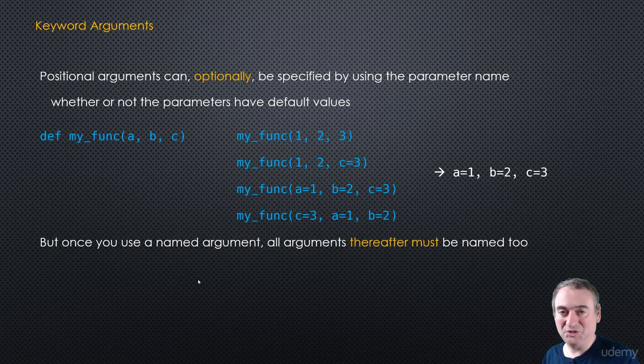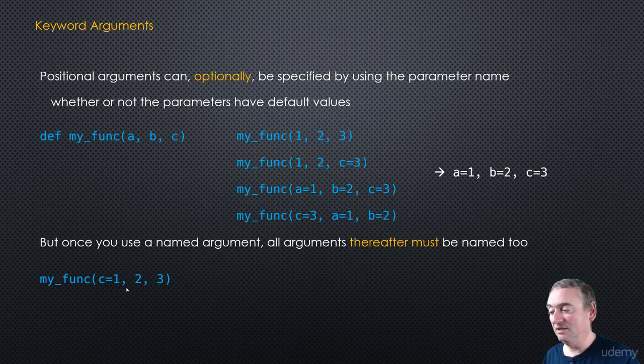But there's, of course, a little catch to this. Once you use a named argument, all arguments thereafter must be named as well. It's a little bit like with the defaults, right? Once we had a default, everything else after that had to be defaulted. Same thing with named arguments. So this has nothing to do with the definition of the function. This is with how we call the function using